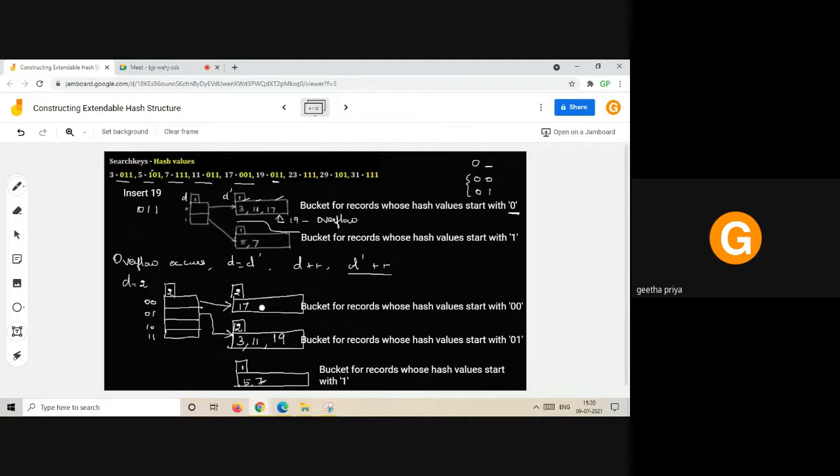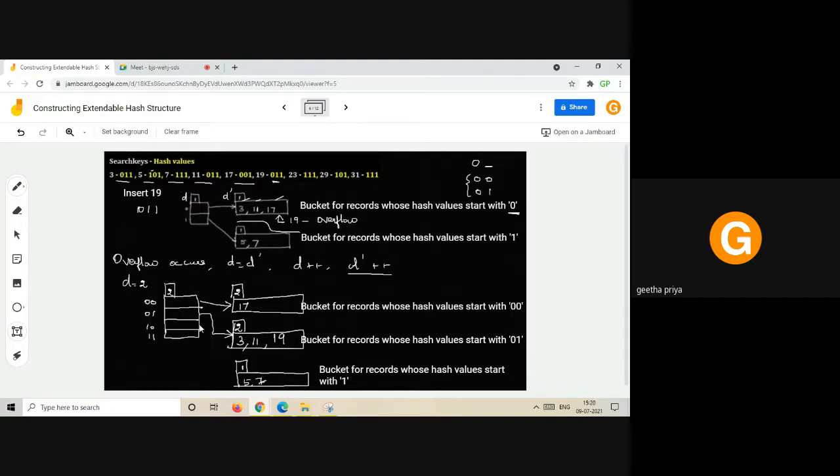And here you recall the condition: if global depth and local depth are equal, only one entry of the directory will point to the bucket. Whereas if D is greater than D dash, check this third bucket. Okay, so the D value is 2, D dash value is 1. In this case, more than one directory entry will point to this bucket.